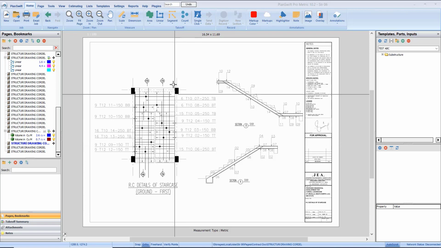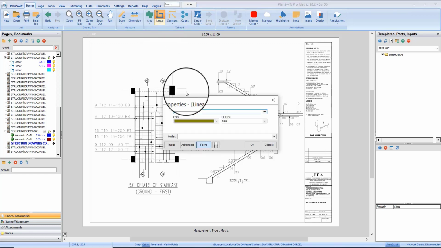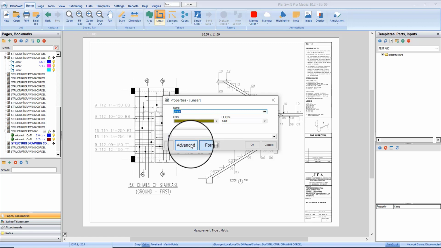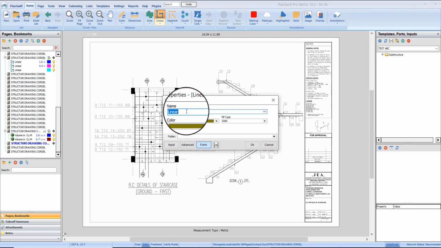Okay, with that being said, I'll be using my linear tool to take measurement for my reinforcement. When I click on my linear tool, I'll have this prompt, and you can see that whatever I'm going to measure this time is going to be in meter by default. So I will have to go to advanced. Let me type in first. The first thing I want to measure is my T12, the ones that have 9 attached to them. Okay, T12,